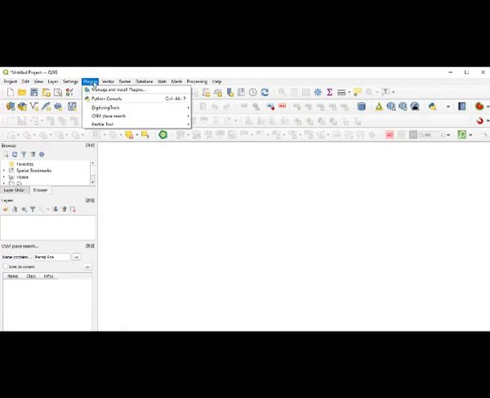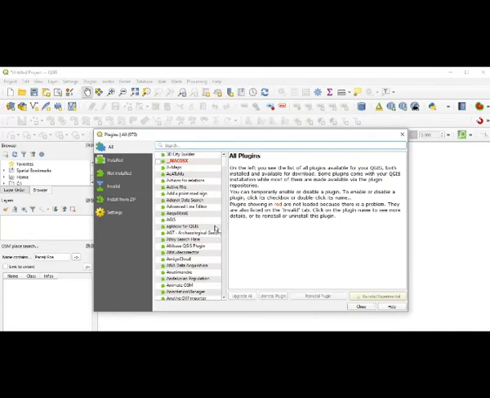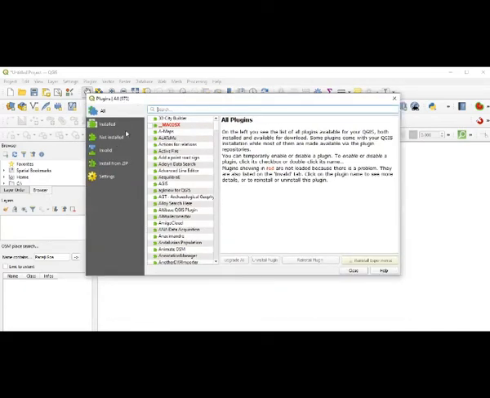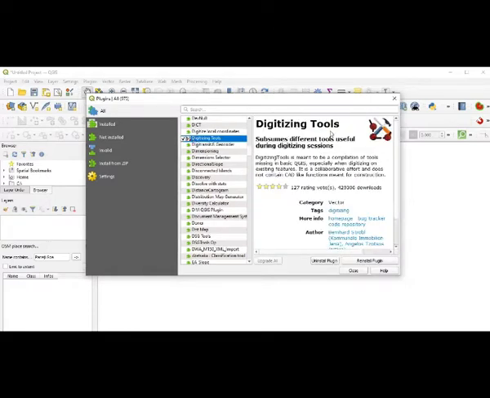Then plugins are there. So whenever you want to introduce any, either digitizing or various other activities that you are going to do, you are going to get a huge box of what we can say the plugins. These are additional plugins which will help you. Here you can see that one I have activated, which is going to give you digitizing tools. So when you click there, it is going to come here with its details, whether it is working or not working, and you will come to know.